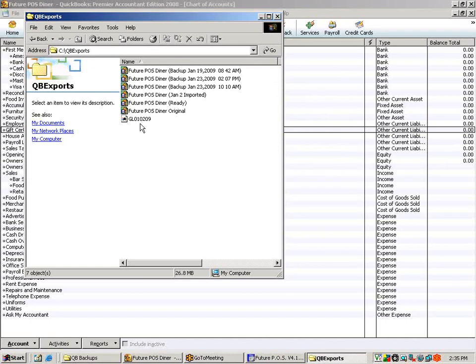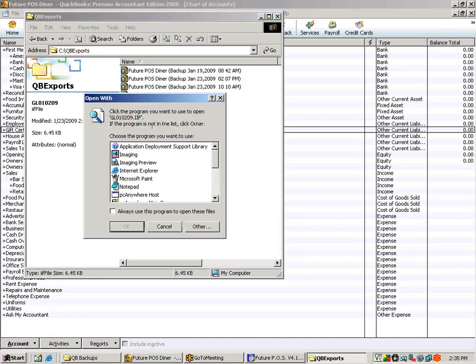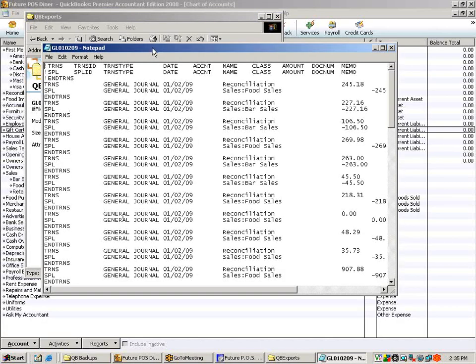But like I say, this way, the most recent file is always in the bottom. Okay, so our file is created. I'm going to tell the system OK there. I am going to go ahead and just close the general ledger interface for a moment. Now, normally you wouldn't need to do this, but I've shown you where the file is. I'm going to go ahead and open the file up in Notepad just to show you what data the file